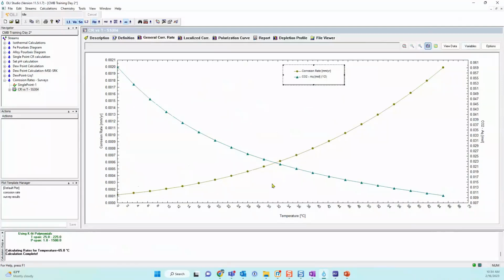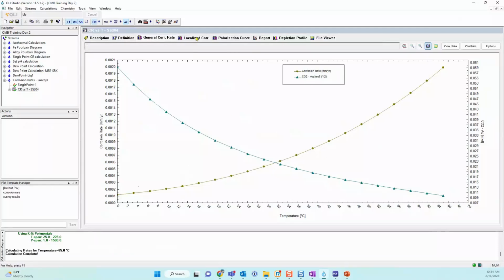And you'll see now as the temperature increases, sure enough, you see a decrease of CO2 in solution because you are basically making the CO2 bubble out of the solution. So that's what's happening. So if I have less CO2, why am I having more corrosion rate, right? That's another question that you ask: okay, if I am decreasing my CO2, why am I having a higher corrosion rate?